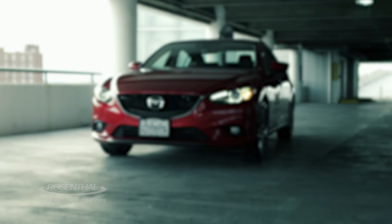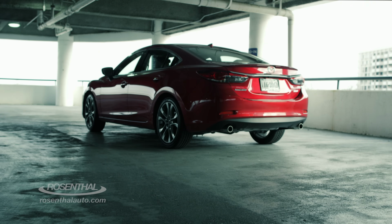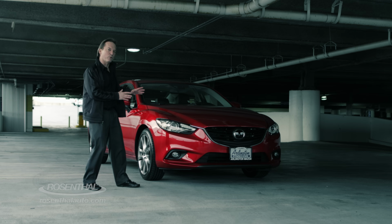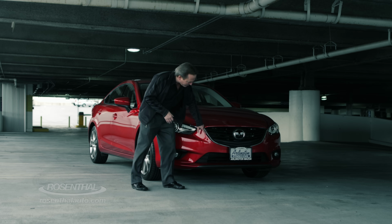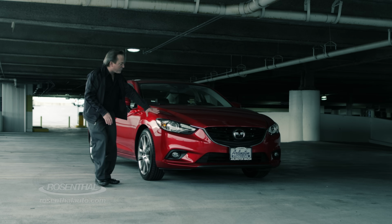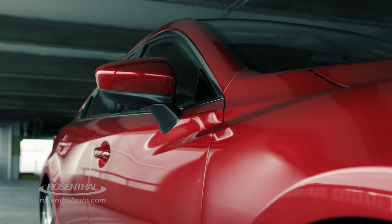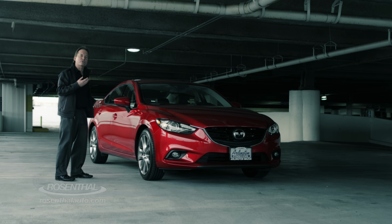The designers have done such a magnificent job distinguishing this 2014 from the older versions. You can see it from front to back. The front grille area is bolder. It stands up straighter. It has a more aggressive appeal. You have your signature 5-point wing accent, and your lower diffuser even has a little extra pedestrian protection. And as you come around, you can see the lines flow over the front fender wells, down the shoulder of the vehicle, throughout the body. And it just absolutely gives the appearance of that flow, that soul in motion, that Kodo style that's so famous